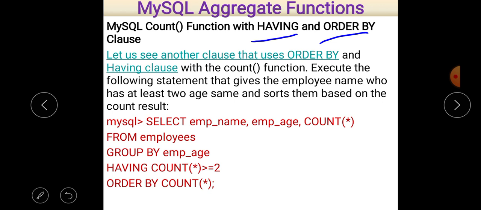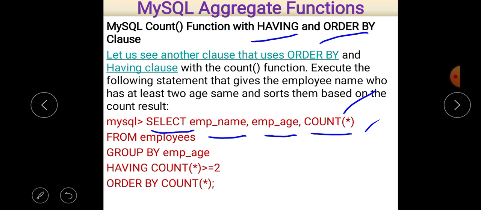So let us see this query. Execute the following statement that gives the employee name who has at least two ages the same and sorts them based on the count result. So we write select, and the names of the columns are employee_name, employee_age, and then count star.